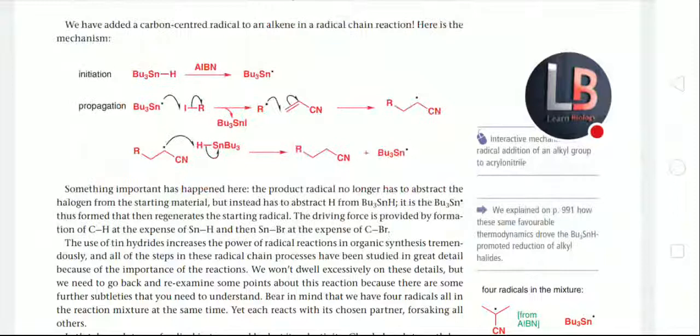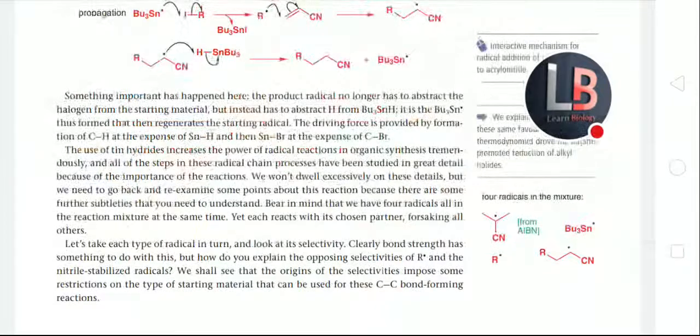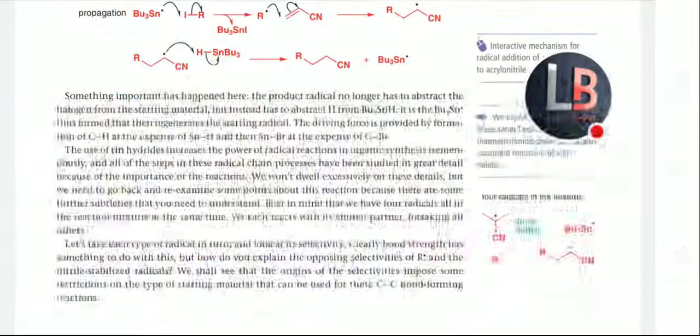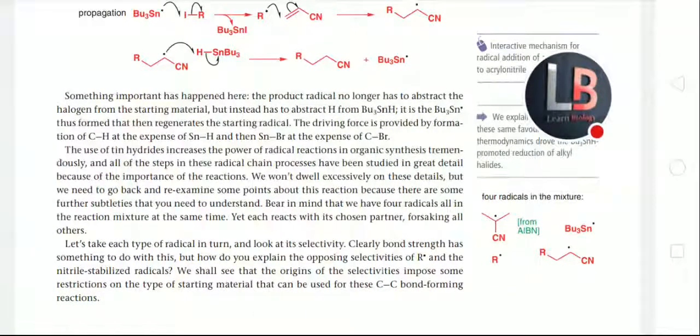Something important has happened here. The product radical no longer has to abstract the halogen from the starting material, but instead has to abstract hydrogen from Bu3SnH. It is the Bu3Sn free radical thus formed that then regenerates the starting radical. The driving force is provided by formation of C-H at the expense of Sn-H, then Sn-Br at the expense of C-Br. The use of tin hydride increases the power of radical reactions in organic synthesis tremendously, and all of